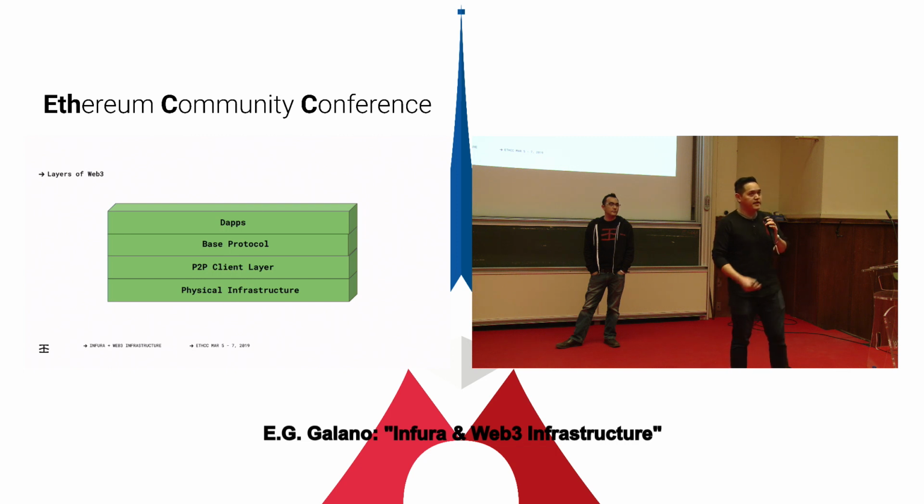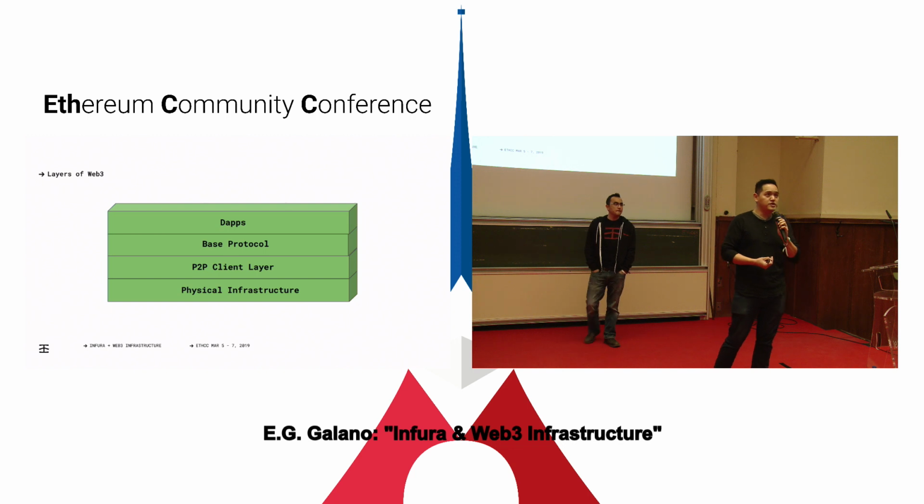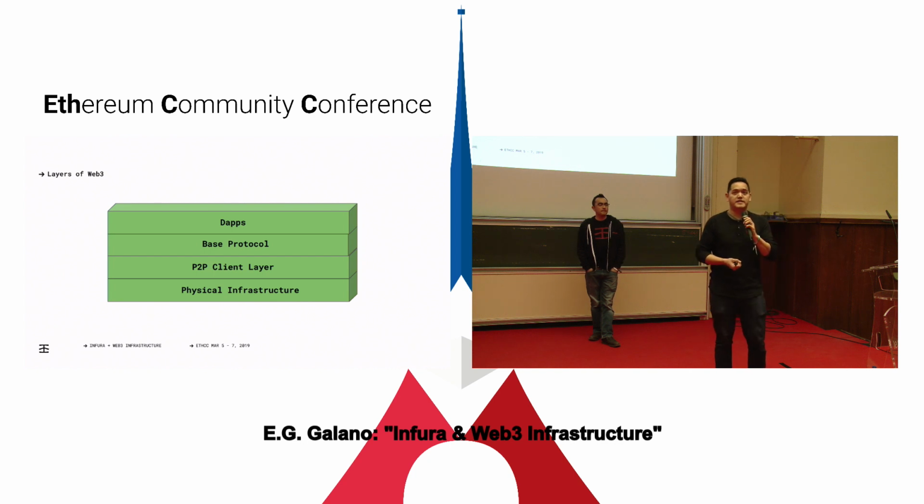The way that we see it is that there are layers of Web3, kind of similar to the OSI model for traditional networking stacks. But here we're building applications as decentralized applications, right? And then below that, you have the base protocol that powers these Web3 decentralized applications. So whether you're building that on top of Ethereum or whether you're using Ethereum plus IPFS or some other decentralized storage, or you're pulling additional decentralized components into that, like ENS for usability and things, there's a lot of things that go into that base layer.